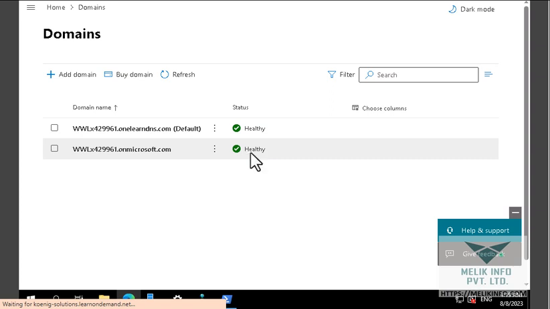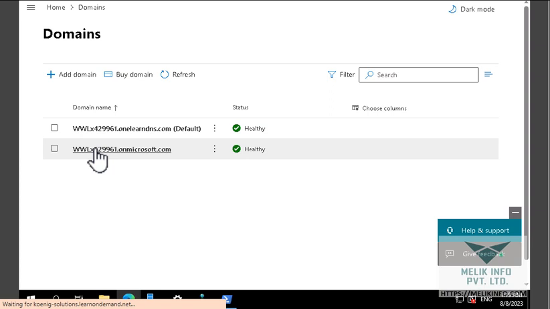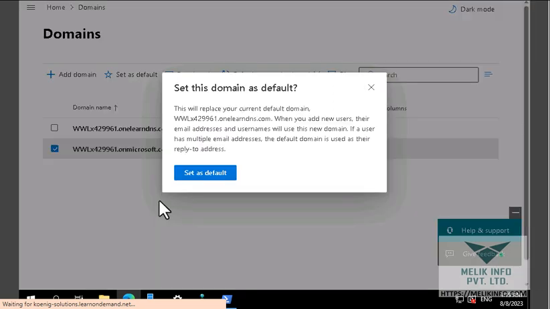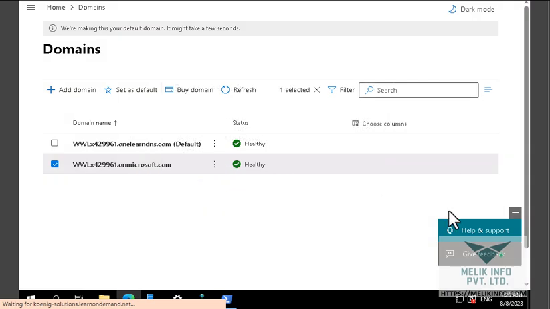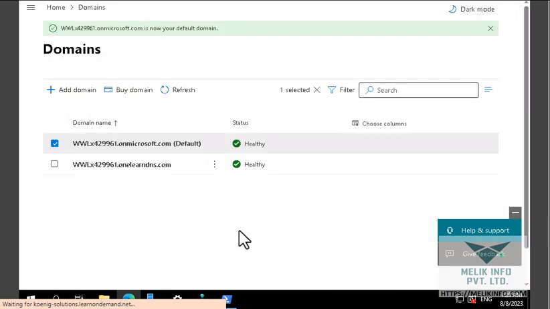Now which domain, this domain we have added, currently this is default. So if you want to make this one the default, select it and say set as default. Now you can see